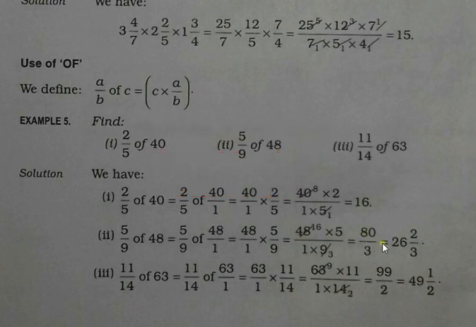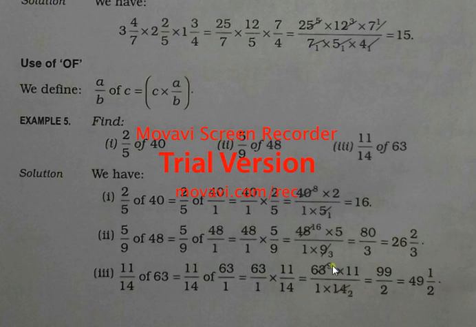You see, 3 2s are 6. How much remains? 2 and 0, 20. So again 3 6s are 18. How much remains? 2. Now 2 is not divisible, so 2 is the remainder at the top and 3 is below. So it becomes 26 2 by 3. I hope all of you know how to do this, okay?